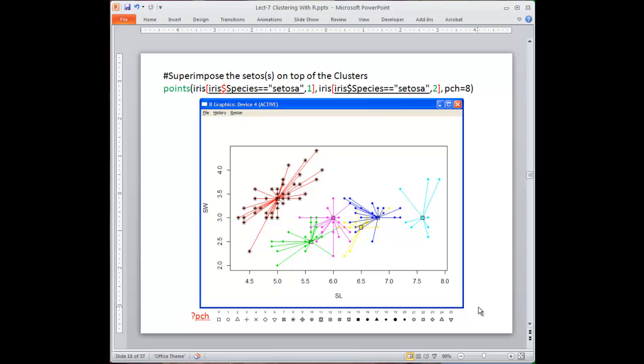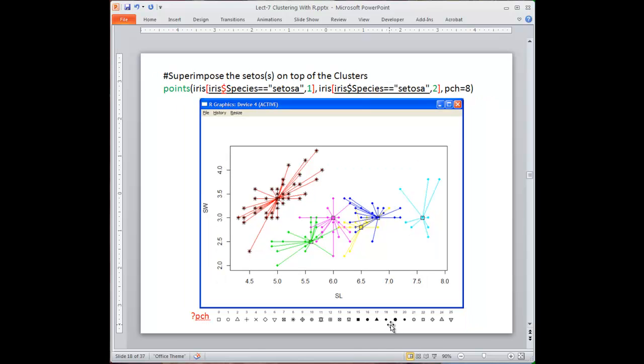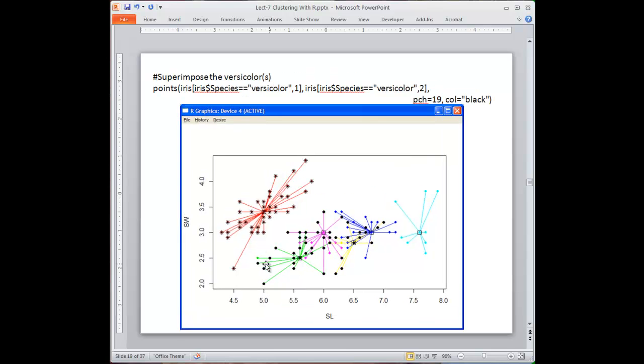Now I want to superimpose the rest of them. Now I want to superimpose the versicolors on the data set, and I want the PCH to be 19. PCH equal 19 is the dark circle. If you look at it, now the versicolors are fitting into the green cluster except for one point. If you notice in here, there is one point which doesn't fit, and they are kind of dominating the pink cluster